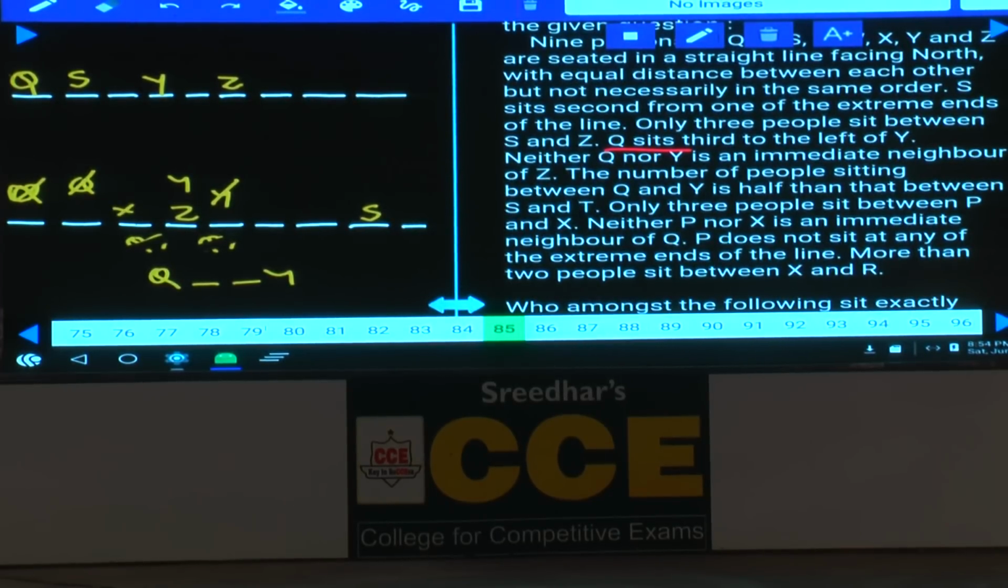And Q cannot be here. Then what is the only possibility? Q is here and Y must be at this end. Now in this one also we got only one possibility for this Q and Y. Done with this? Then